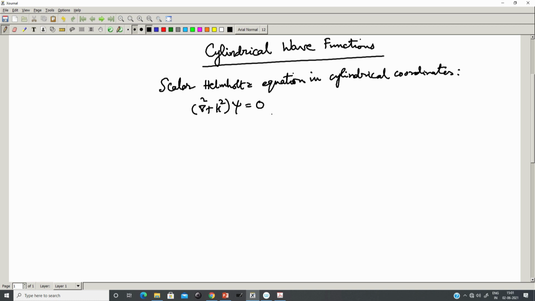And then we have to express grad square psi in the cylindrical coordinate system. So, that is what exactly we proceed to do. So, grad square psi is actually given by 1 by h 1 h 2 h 3, del del u of h 2 h 3 by h 1 del psi del u